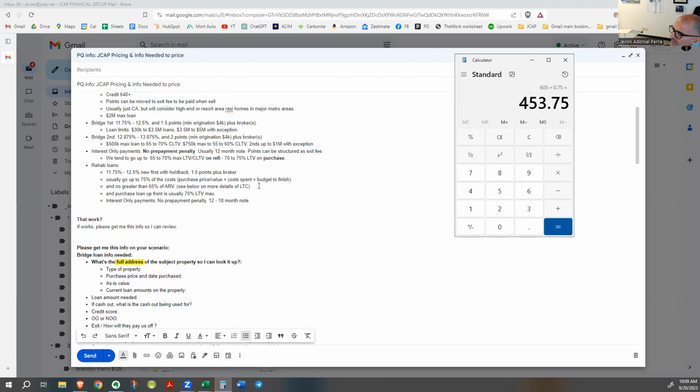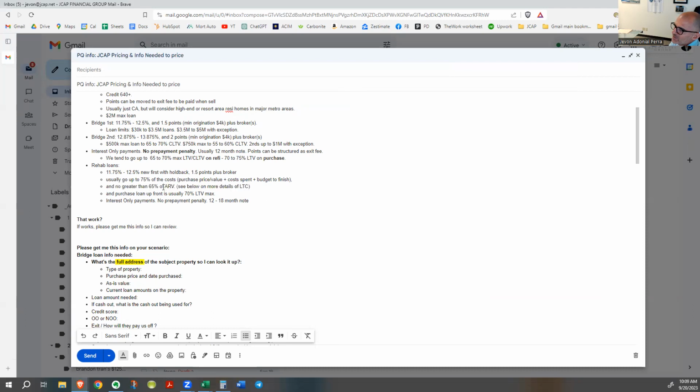But if the after repair value was going to be 650, let's say, 650 times 65%, that's 422. So now my 450 LTC is more than 65% of the ARV. And so what we would do is we would limit it to, if this ARV is less, that's going to be our maximum. So whatever is less, the max LTC, which is loan to cost, or the max after repair value. And the reason is,